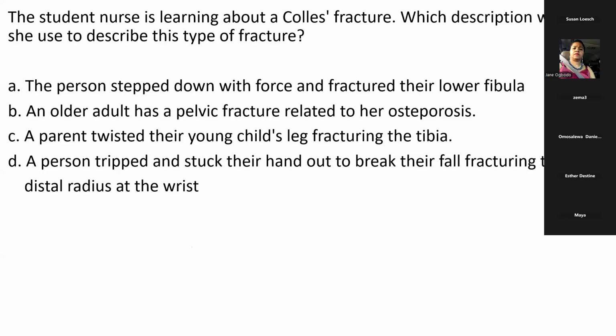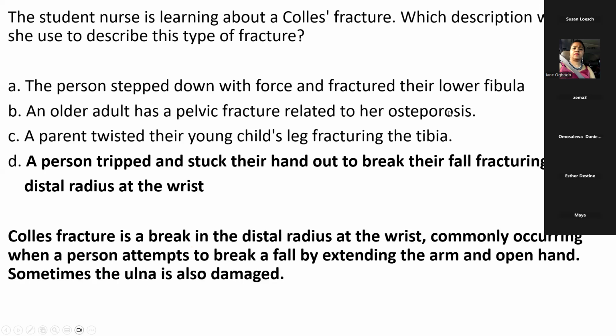My friend actually got one of these kinds of fractures one time. We were out taking pictures at a photo shoot, and she stepped into a pothole, and the force of her stepping down fractured her fibula. So I call it the pothole fracture. That just helps me remember we're stepping down with the force. But most of the ones that they test you on are going to be the compression. Okay. Probably the pathological